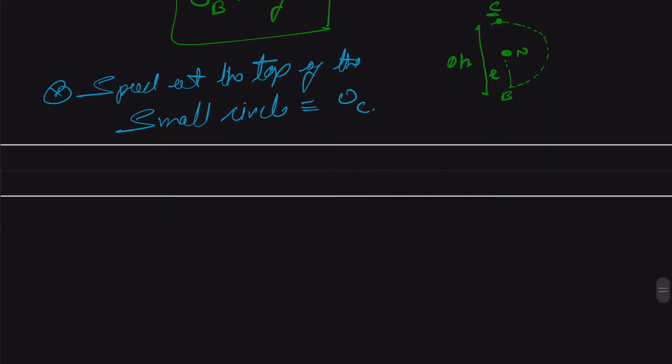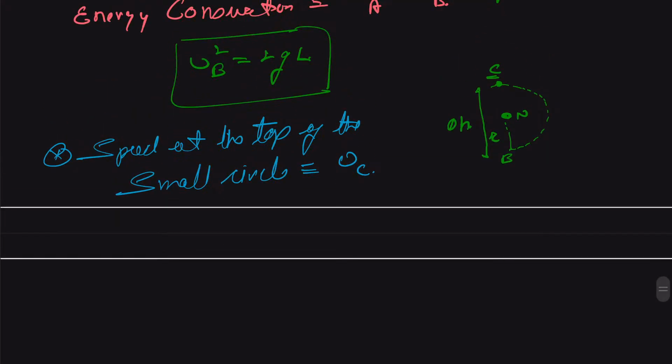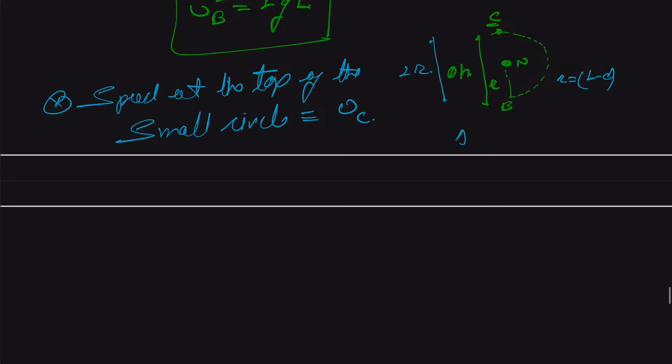Okay. And we know that our R is equal to L minus d. So this total height will be nothing but twice R. Therefore we can say that our delta H will be equal to twice R, which will be equal to twice